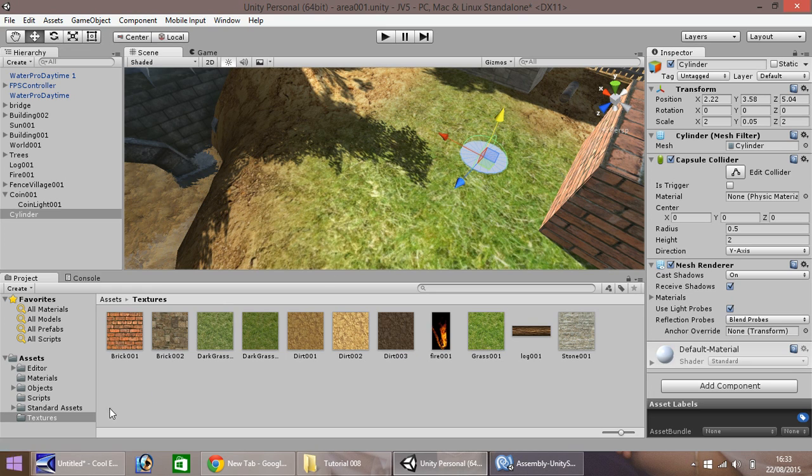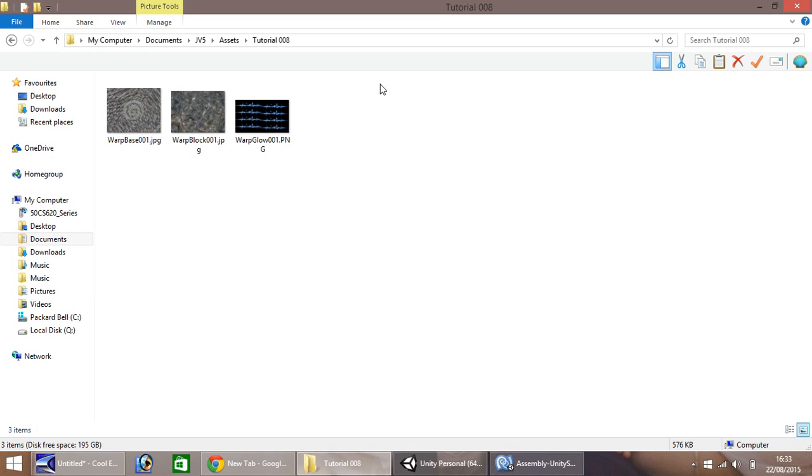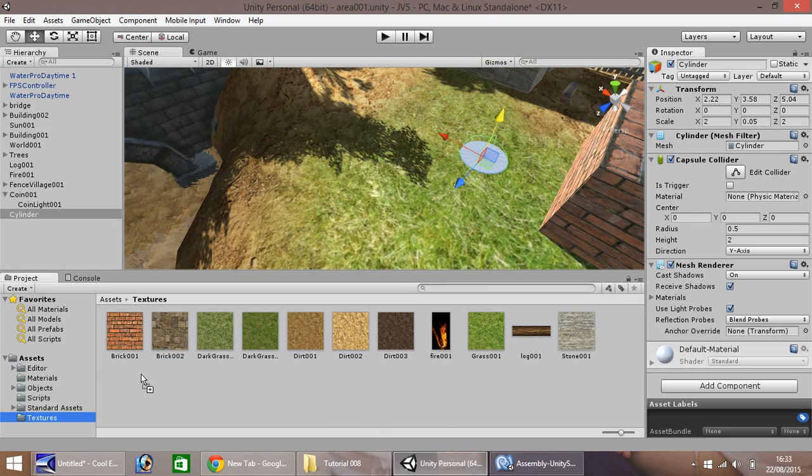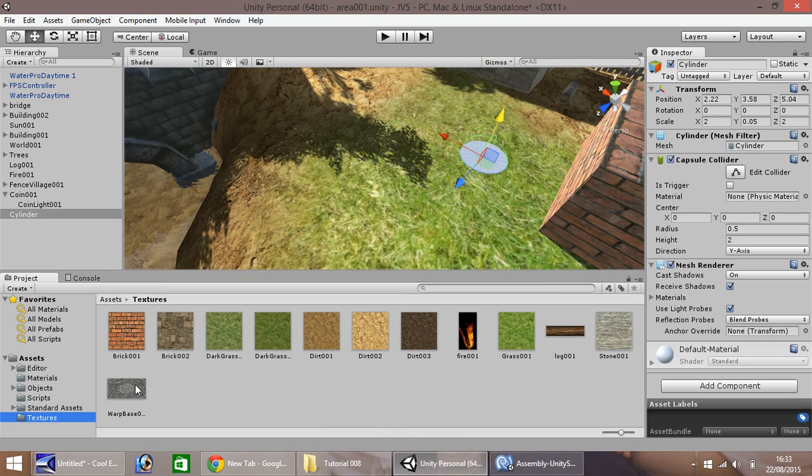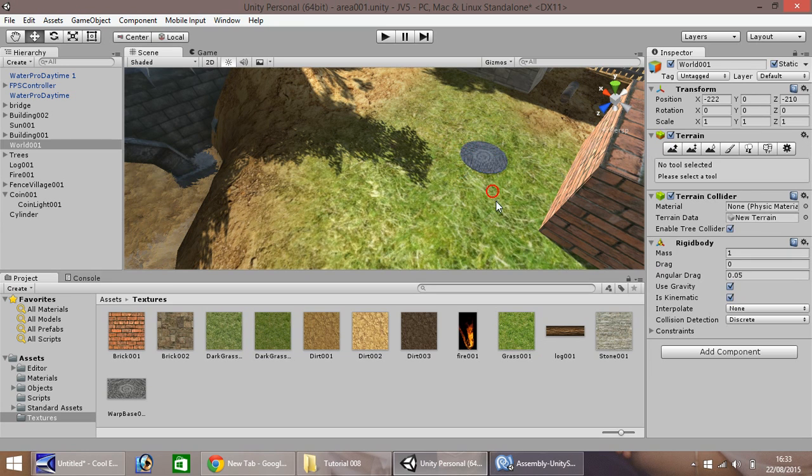So next thing, I'm going to import some textures. I'm going to call this warp base 001, drag and drop into Unity. And as I say in every episode, all these assets that we use can be found for free on our website. Head over to it, you can find a link in the description, and then head to the downloads and assets section, and you'll be able to navigate your way through and find the assets. So I'm just going to drag and drop this now onto our object, so it looks a bit kind of warpy, and I'm going to duplicate it,